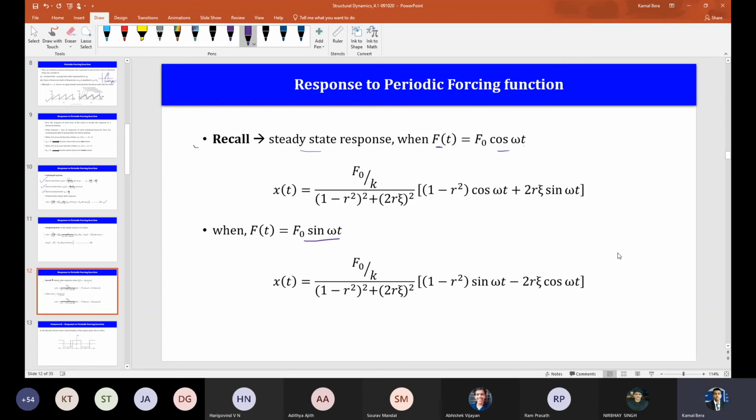Now, right now you know the expression, right? What is the expression for the response, let's say for f0 cos omega t? So you just plot the expression using that closed form expression that we have obtained, and solve the equation of motion numerically. Okay. You can use other techniques like the central difference method also, if you know any other method. So did anybody try the Runge-Kutta method or any other method? No one. Okay, no problem. So you can try it. Just see how close you are getting, or whether you are getting exactly the same.